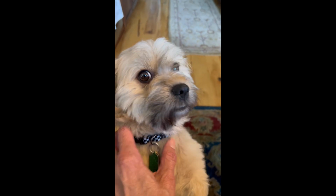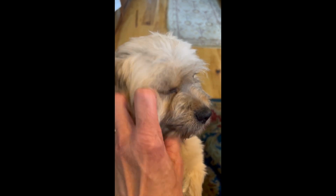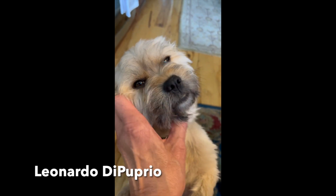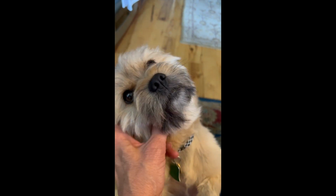Look at this little puppy. He is not really a puppy. He's just small. He's 12 pounds. He's 2 years old. His full name is Leonardo DiPuprio. We call him Leo, and he's just the sweetest little guy. We think he's a Havanese. We're not entirely sure. We adopted him from the Denver Dumb Friends League, and